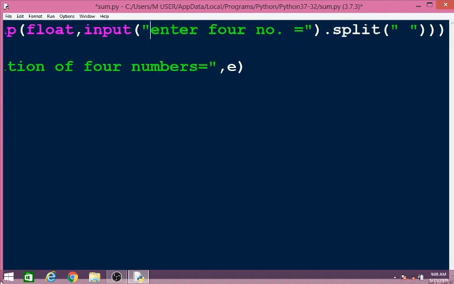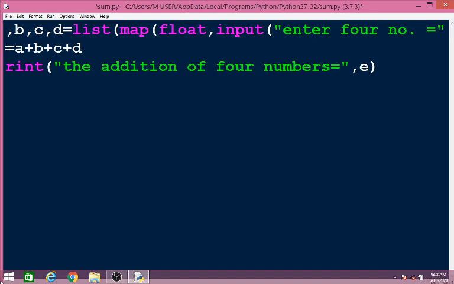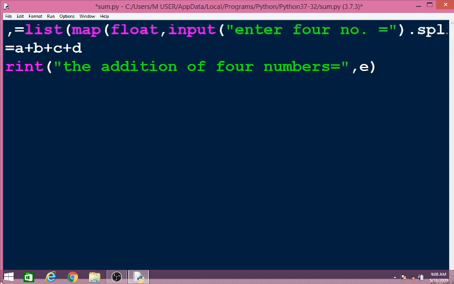That means if you want to take an infinite number of inputs, you have to include the whole input statement within this list, and you have to use only a single variable.